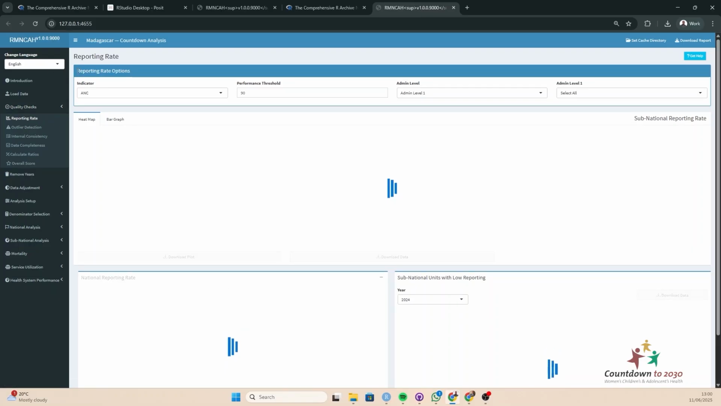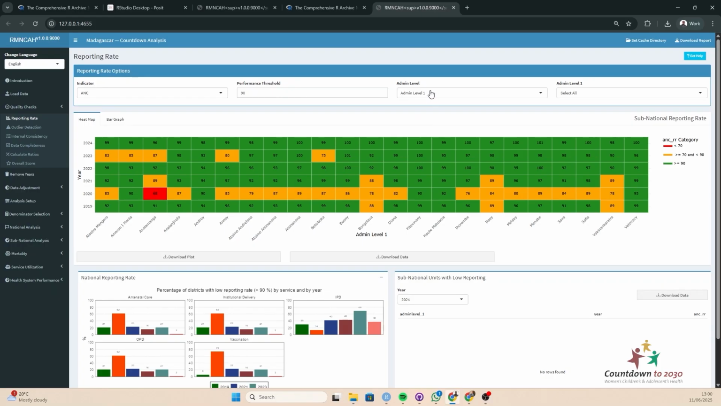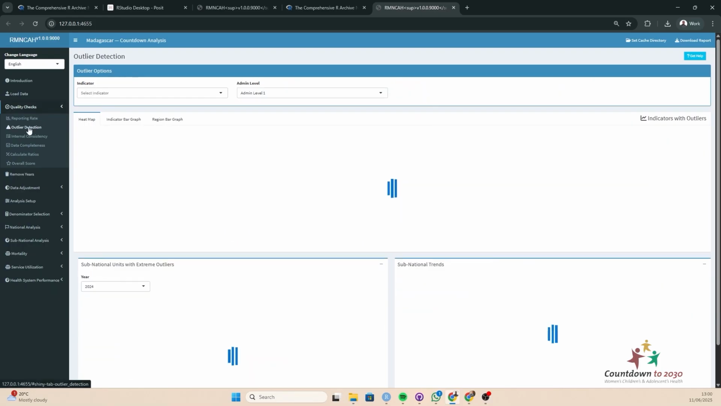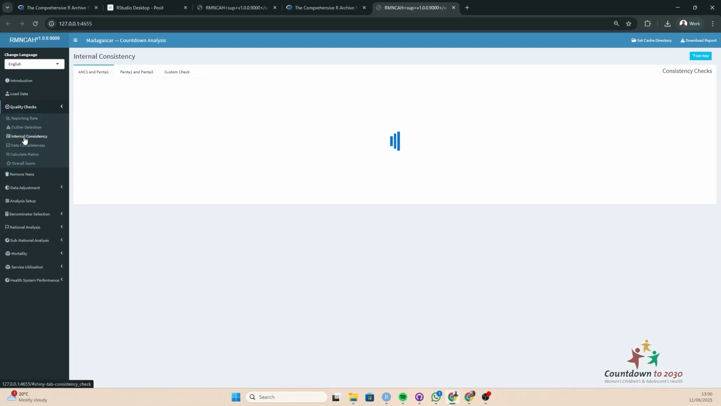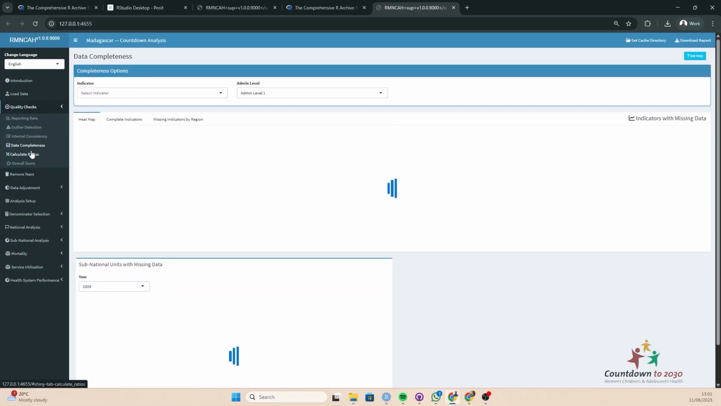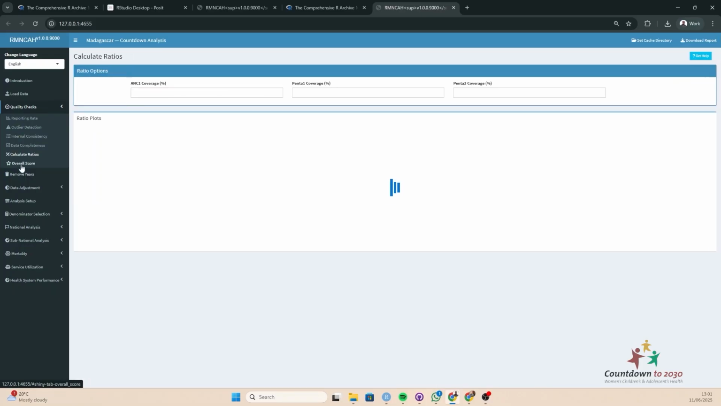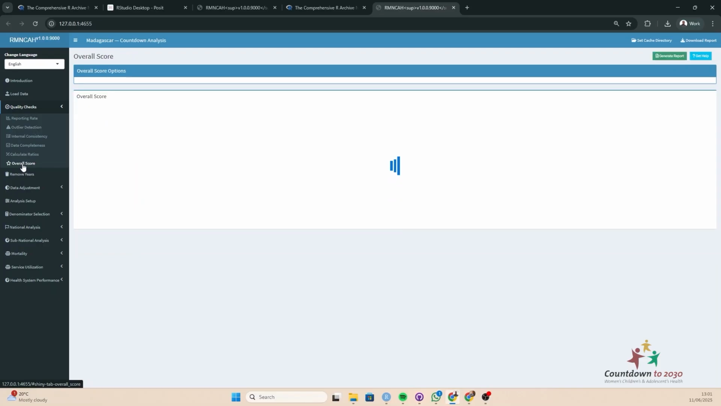On this dashboard body, you can see all the various options on how you can set the indicator that you want to check for with the admin levels. And then it's the same for outlier detection. It follows the same thing. You can set your indicators, the admin level, internal consistency. It's the same approach. And you will also be able to do it for the quality checks as well as data completeness, and you're able to calculate ratios as well as get the final output for this section, which is the